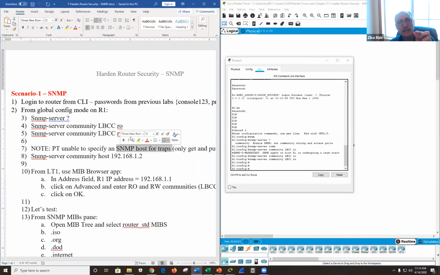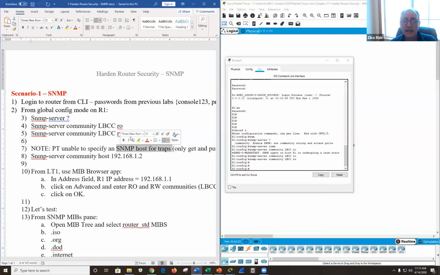A trap basically says that if I cross this threshold, please notify me. If my disk space utilization exceeds 90%, let me know. If this interface utilization exceeds this percentage, let me know. If my RAM utilization exceeds this percentage for this length of time, let me know.